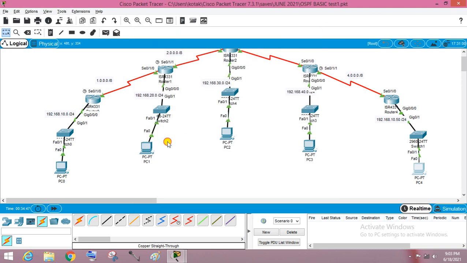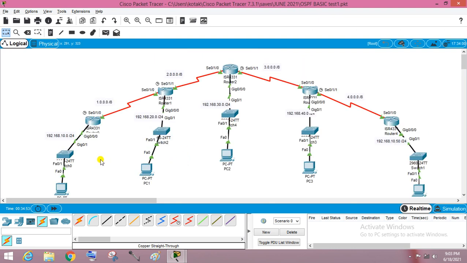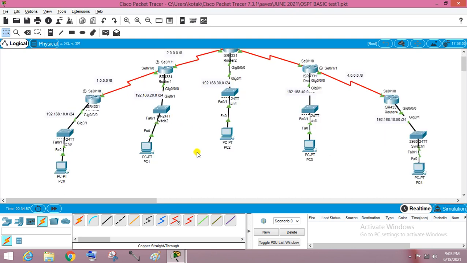So we have just completed assigning the IP address to the PCs also. Okay, now first we have to cross verify that we have configured the IP address.